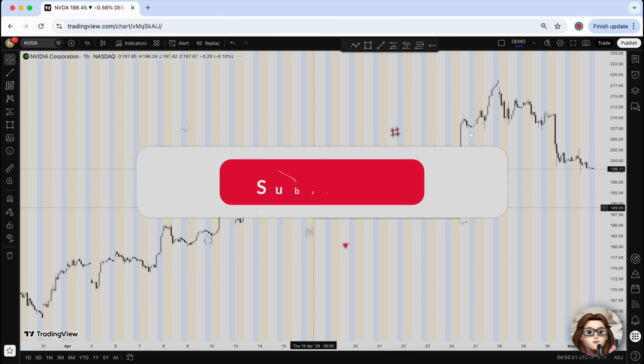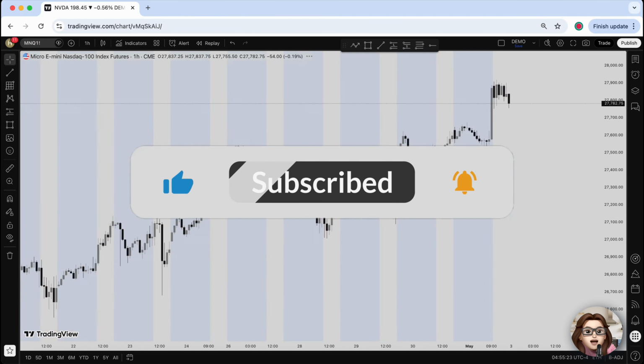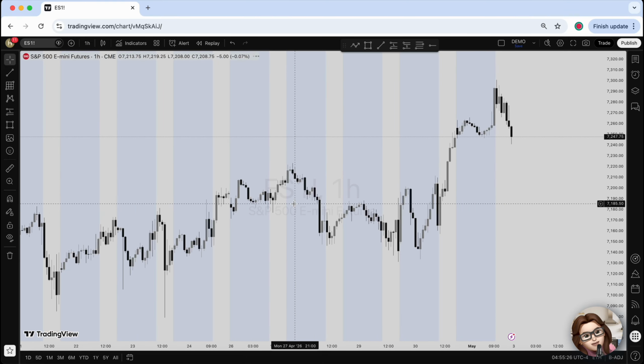In this tutorial, I'll show you how to use the volume indicator in TradingView to better understand market strength and